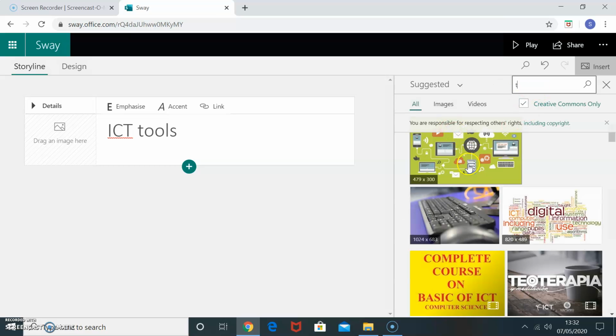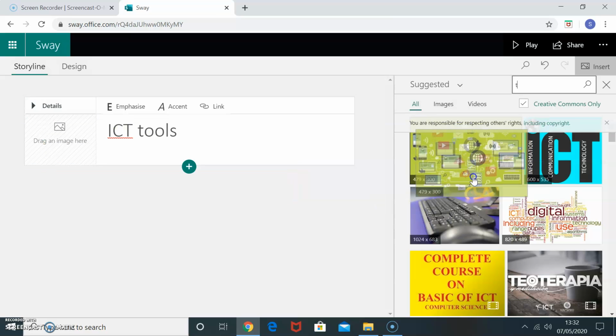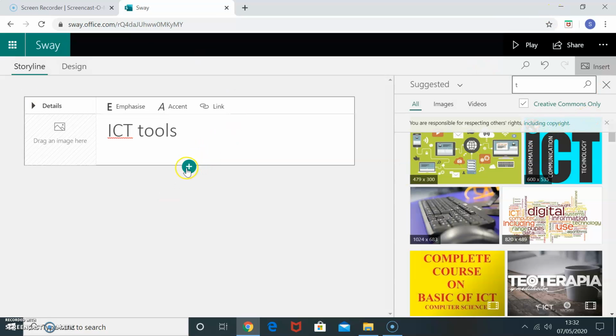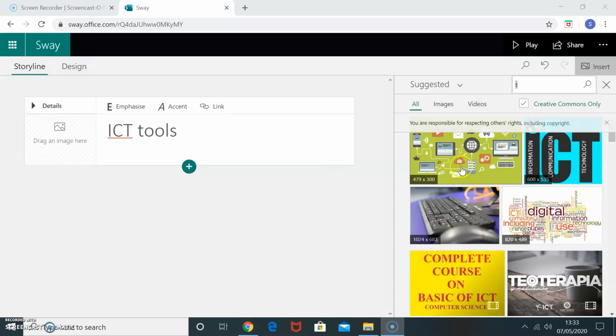So I can just drag it and place it here. You have to acknowledge the copyright, because it is included, so you have to acknowledge the image. Or else if you have your own image on your desktop, you can drag and place it here.